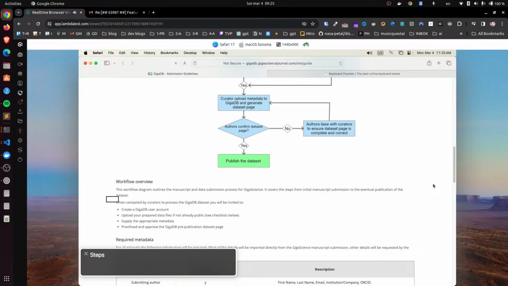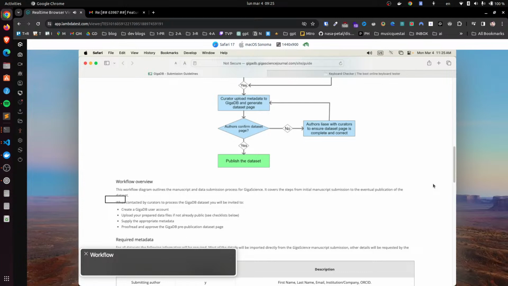Steps. 1. You are currently on a text element. This is ridiculous, man. Heading level 3, steps. 1. Period. Heading level 3. You are currently on a heading level 3.